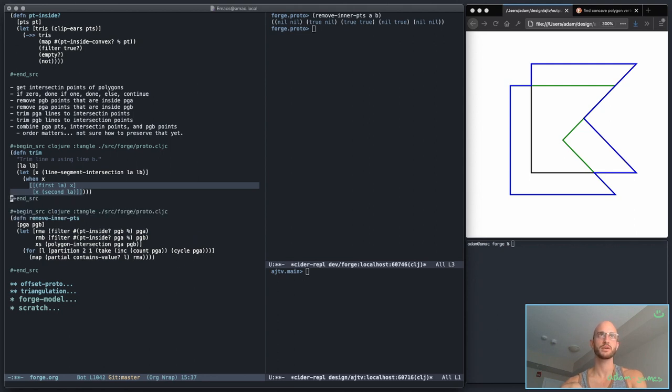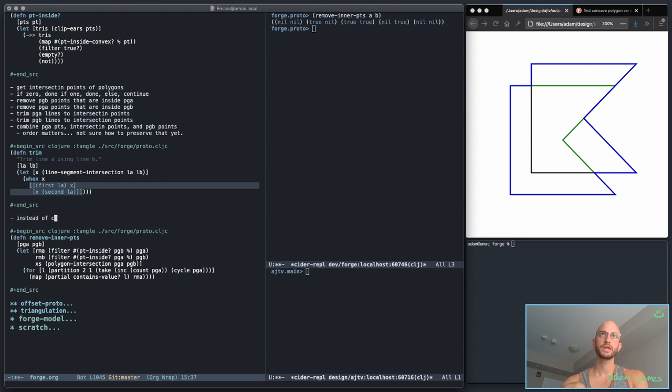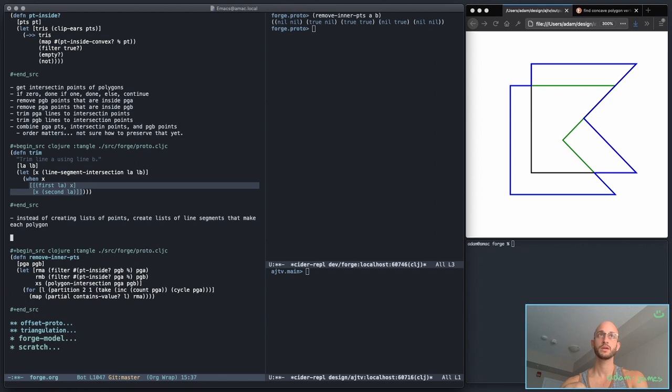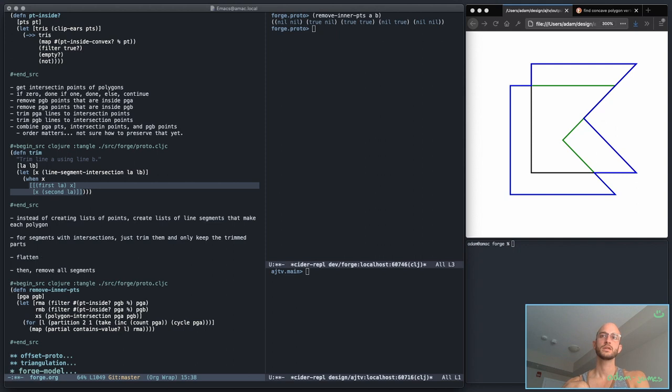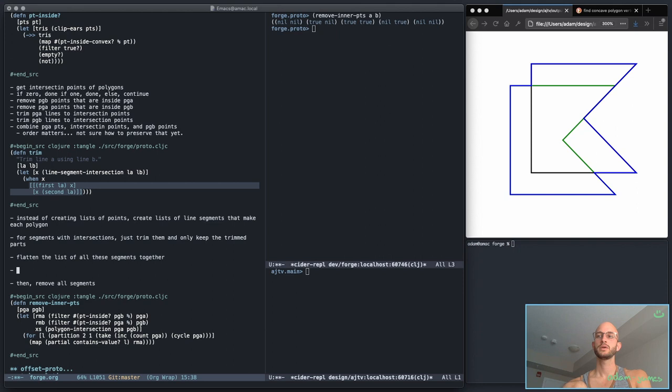So let me write that idea down. Instead of creating lists of points, create lists of line segments that make each polygon. For segments with intersections, just trim them and only keep the trimmed parts. Then remove all segments, flatten the list of all these segments together. Right, then